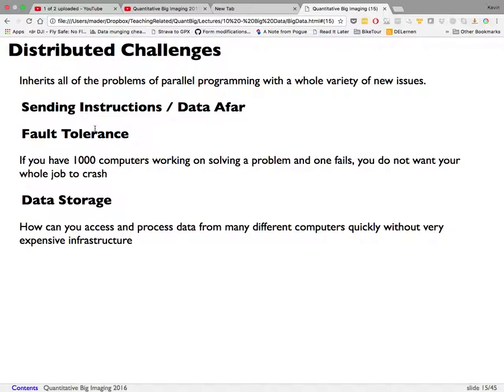You have the problem of fault tolerance: if you have 1,000 computers working on a problem, and one of them fails for whatever reason, you don't want your whole job to crash. If you look at a large company like Google, I think they have a computer failing every minute or something like that, maybe even more frequently now. So if you're trying to solve large problems, you have to be aware that your machines will crash. And how can you make sure your entire website doesn't go down,